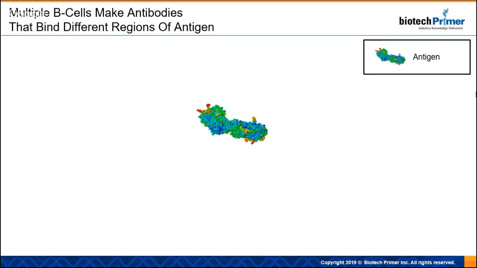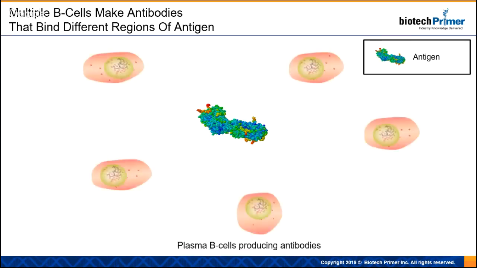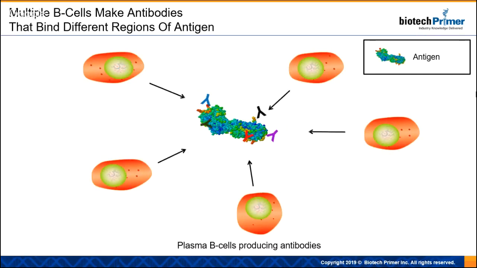So in the basic immunology section, we said that B cells produce antibodies that recognize unique epitopes. What this means is that there can be multiple different B cells that each produce antibodies that recognize the same antigen, but different epitopes, or different portions of that antigen. So here we have 5 unique B cells, each producing a unique antibody, each recognizing a different epitope on that